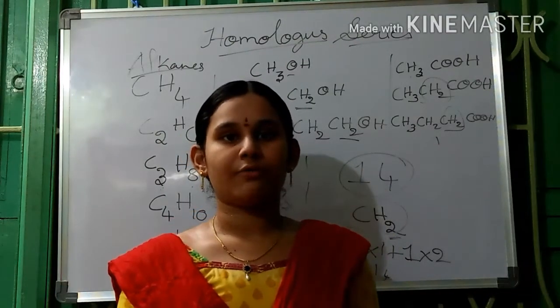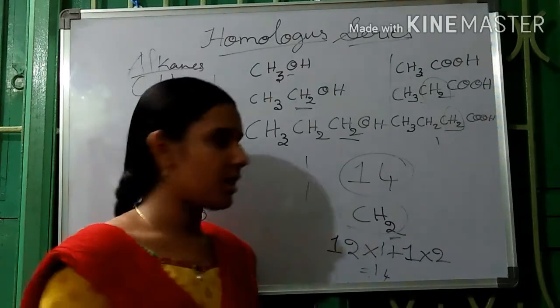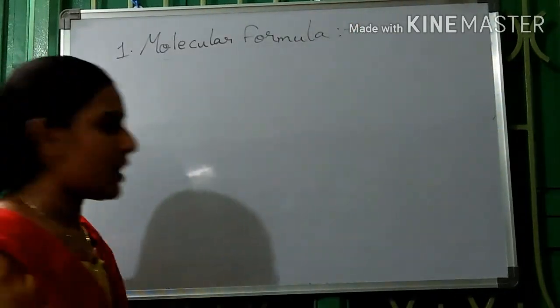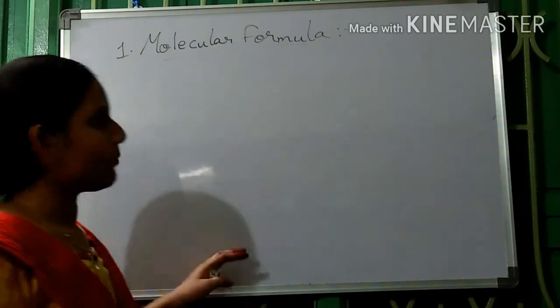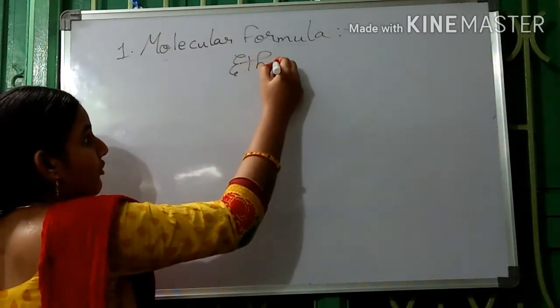Let's see how we can write different formulas for a compound. The first one is the molecular formula. Until now, what we wrote is the molecular formula. For ethane, the molecular formula is